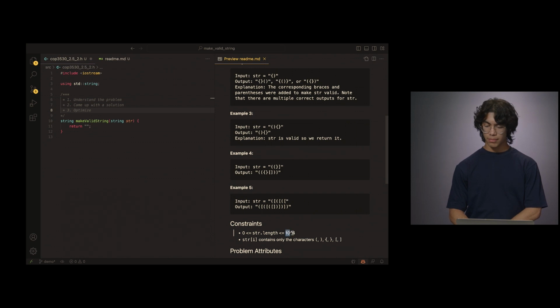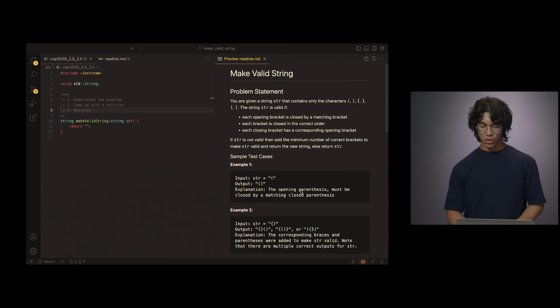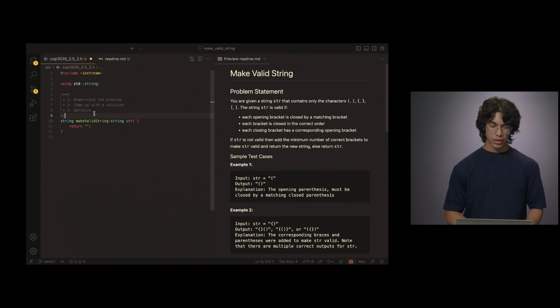And then there's just some upper bounds on the length of the actual string. And then it says here that each character in the string only contains these characters right here. So we don't have to worry about handling other special characters, which is great. So now that we know what's going on in the problem, we should try and really come up with a